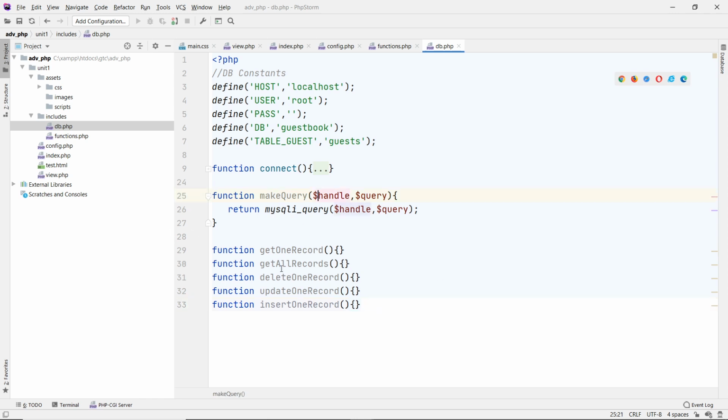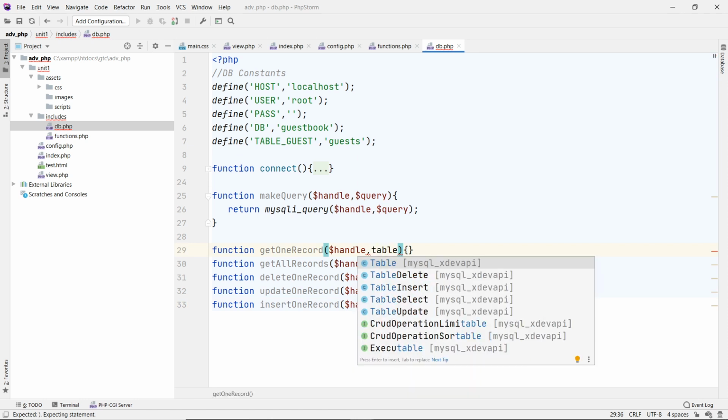And then what do they take? Well, kind of similar here. What do you need to achieve this? Well, I'm going to need the handle for sure. So all these need the handle. I'm going to copy this, put it here for now. They all need it, the connection. And I'm going to need also, when I get a single record, I need to know which table I'm going to get. So here I put a table variable,